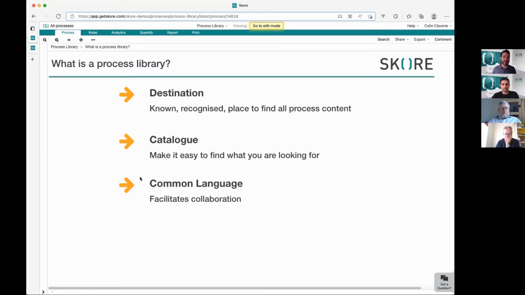The last one, which is a bit taken for granted if we are thinking about the university library, is a common language, probably everything written in English or in the local language. But this common language for a process library, especially made with Skore, is what makes all the difference. Having a place where I can find content, and I know I can read the content because it's all mapped in similar techniques, makes it very powerful for doing changes. So this brings me to my next